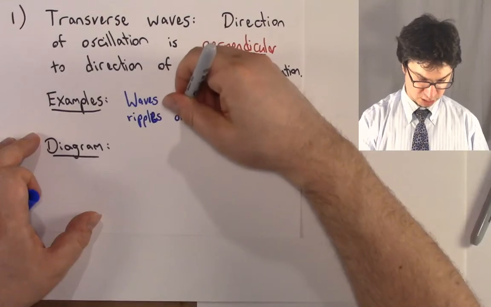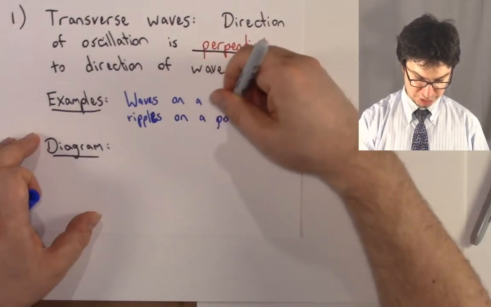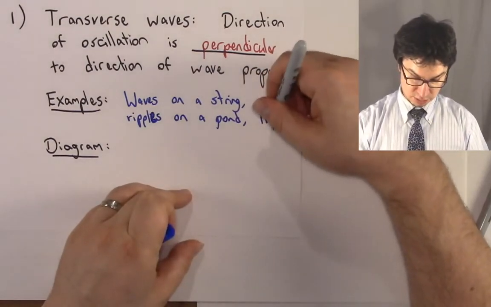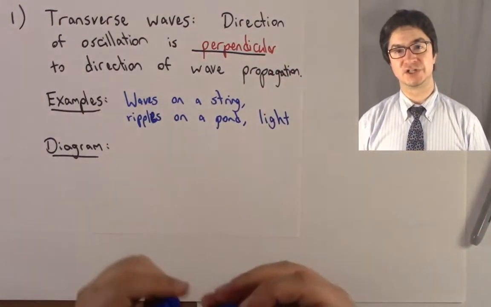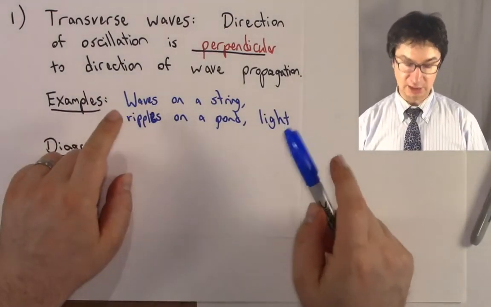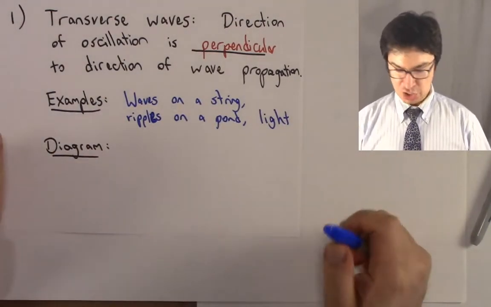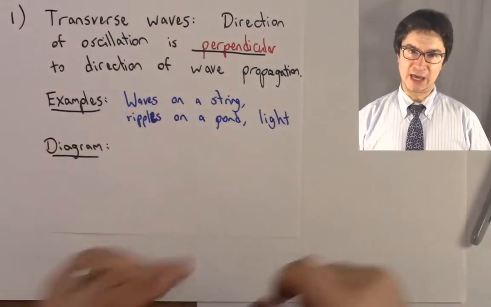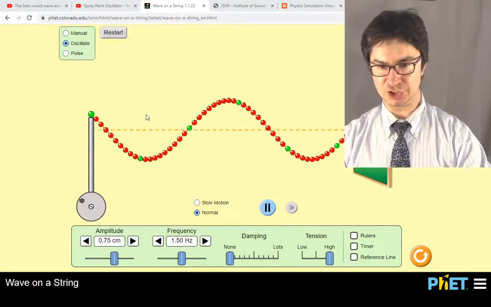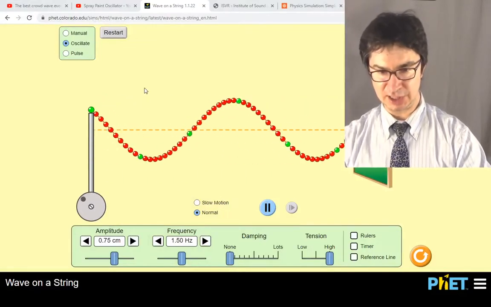Ripples on a pond. And another example is light. So light itself is an electromagnetic wave, which we're going to study, and light is also a transverse wave. So the next thing we want to do is try to diagram a transverse wave. So once again, if we go back to this simulation, you see here that the oscillation is up and down,